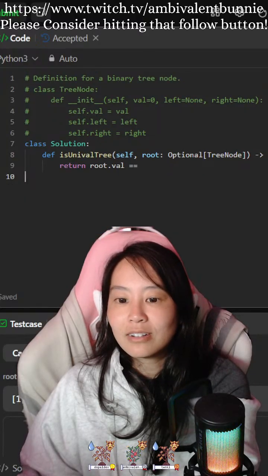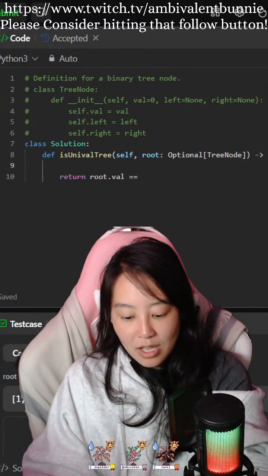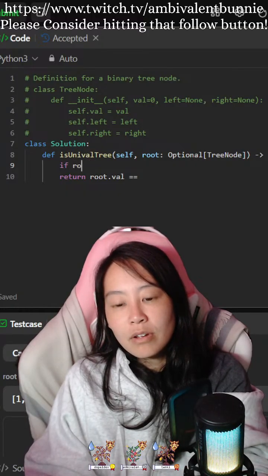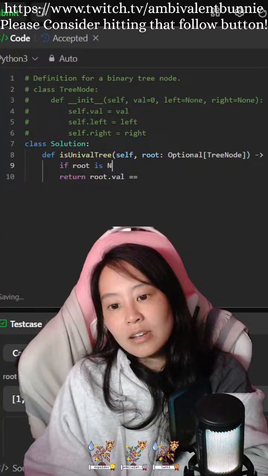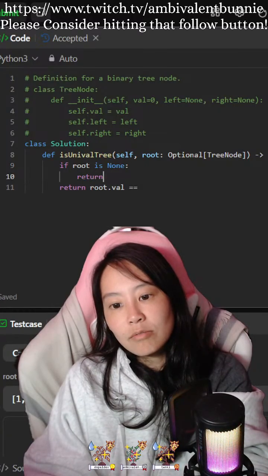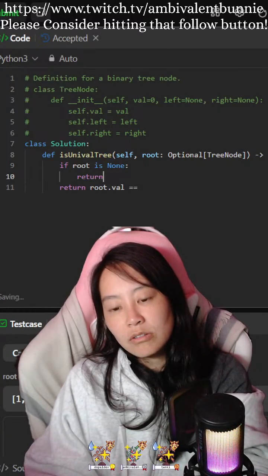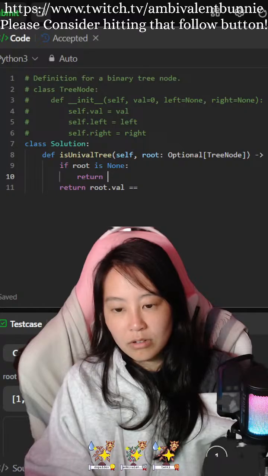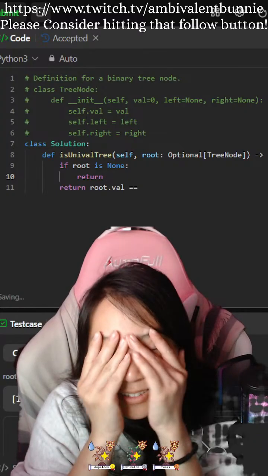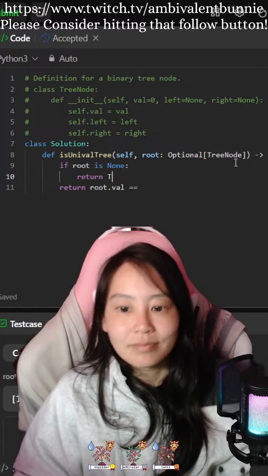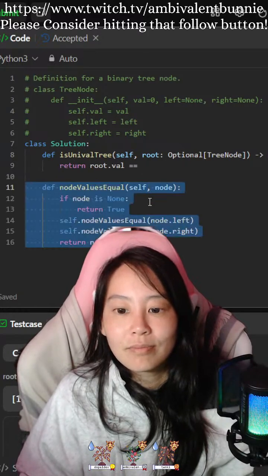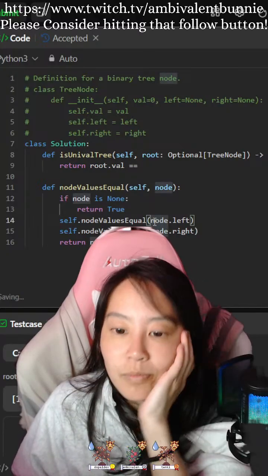Okay, hold on. So if node or if root is none, return... Okay, hold on. Return true.